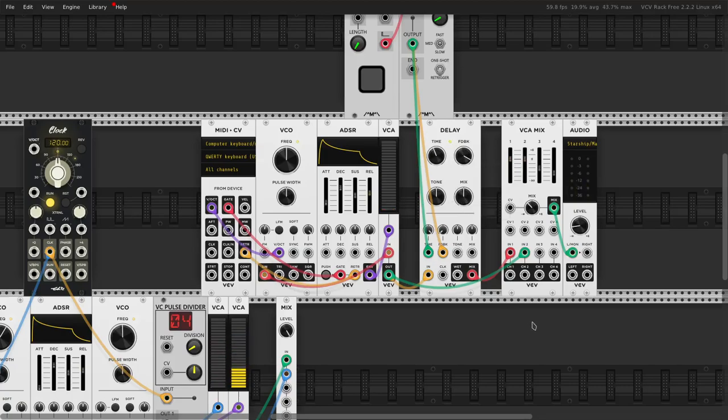And it's not a perfect reverb. It sounds a bit odd. So it has a certain quality to it. It's not exactly reverb, but